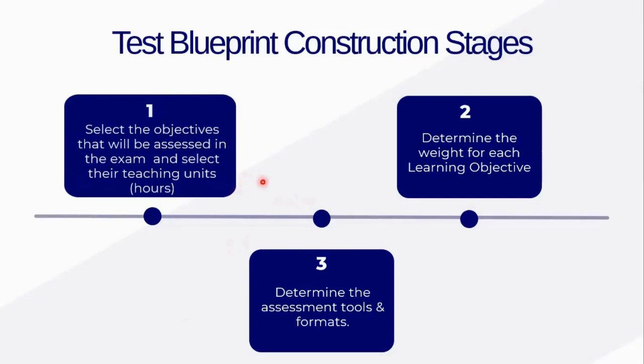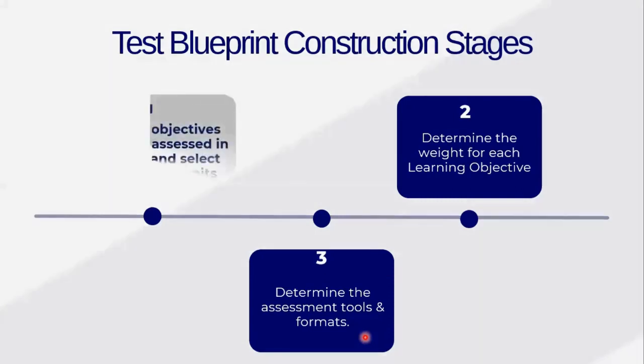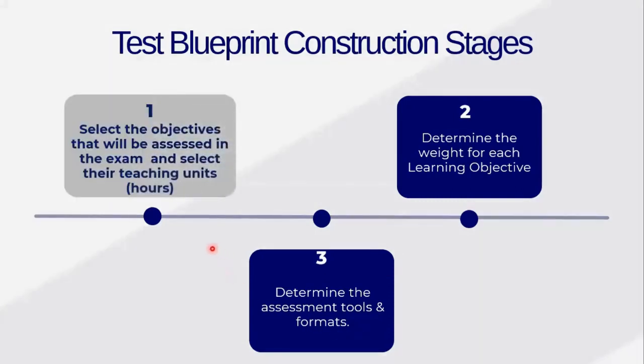To construct an effective test blueprint, we have to go through three main steps. First is to select the objectives that will be assessed in the exam and select their teaching units or hours. Second, determine the weight of each learning objective. And finally, determine the assessment tool and formats. Let's start with selecting the objectives that will be assessed in the exam and their teaching units